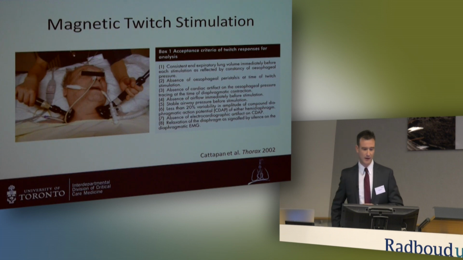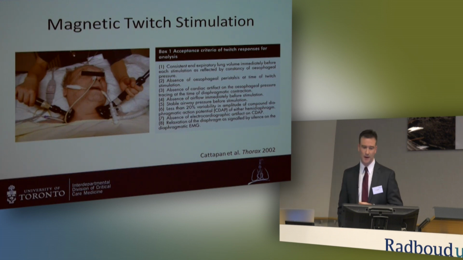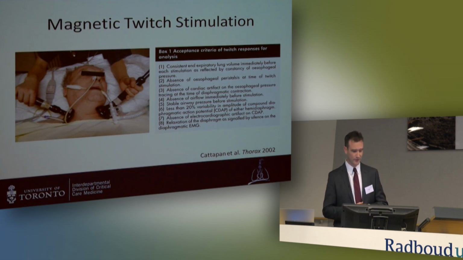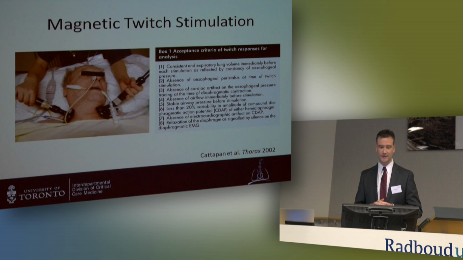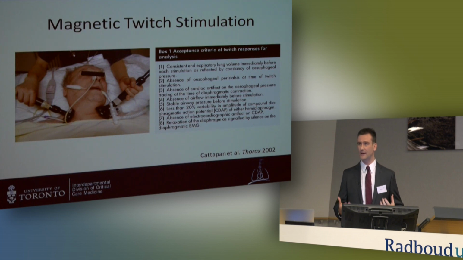Now, the gold standard in the field at this time is magnetic twitch stimulation, and some of the real experts in the field with the use of this technique are in the room. This technique basically involves applying magnetic stimulus to the phrenic nerve. It's not nearly as barbaric as it looks. And basically, the beauty of this technique is that it's non-volitional. The patient's relaxed, and the magnets deliver a standardized stimulus to the phrenic nerve, which in turn delivers stimulus to